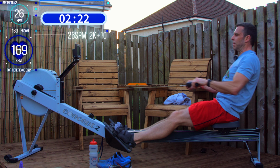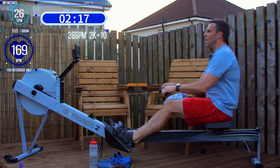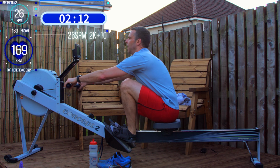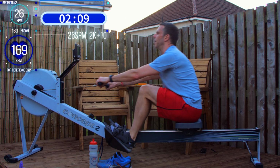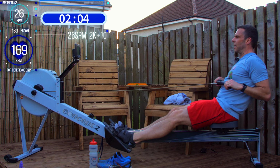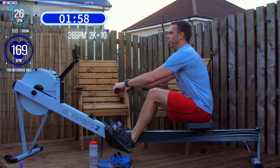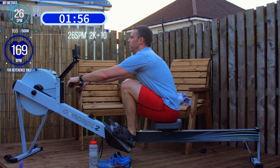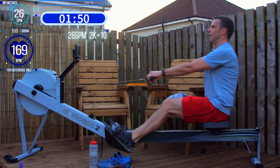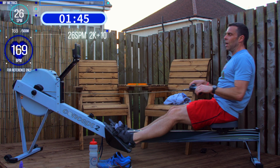Now, less than 2.5 to go. Fatigue may start to set in. So let's run down the key position points. Posture, powerful at the front, up on your sit bones, braced core, looking straight ahead with a neutral chin,